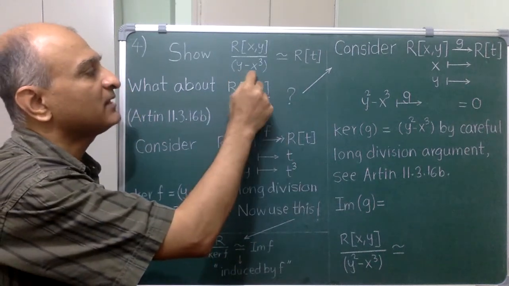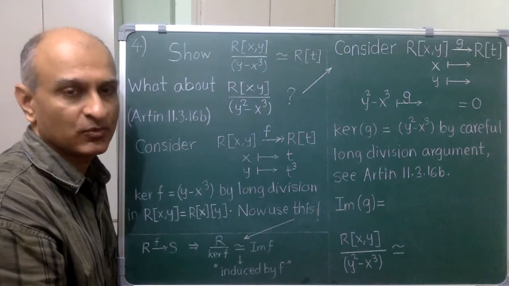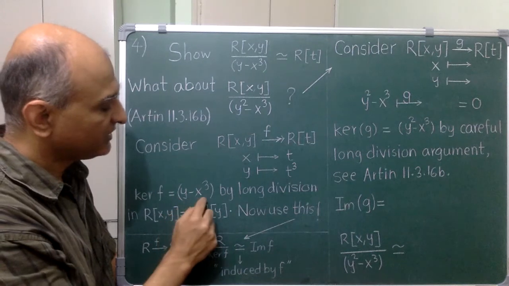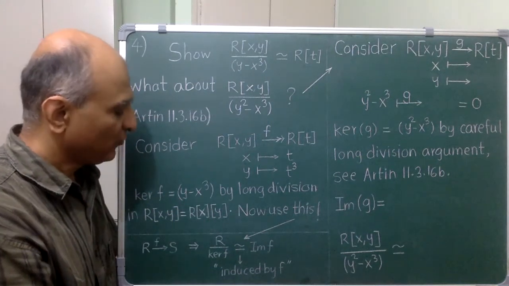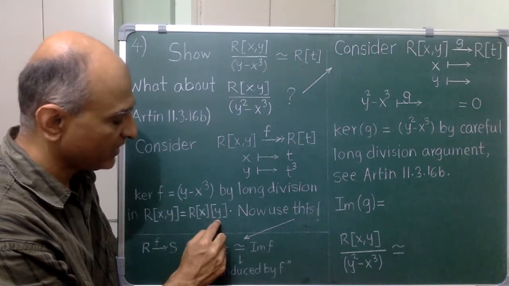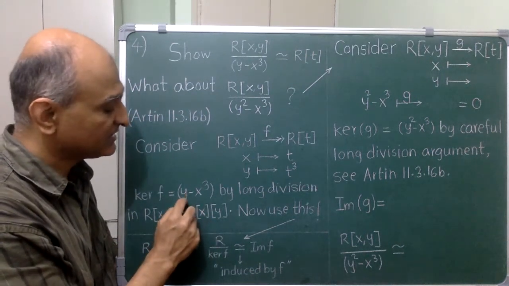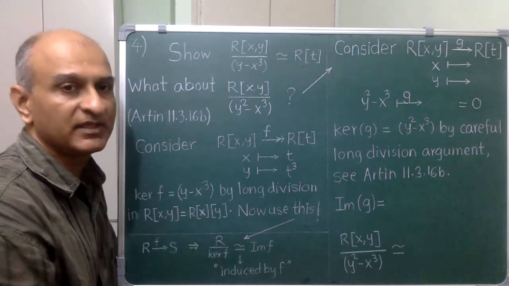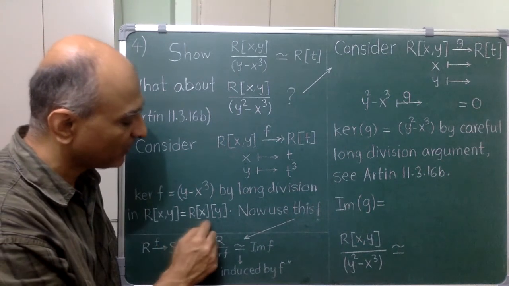Then y minus x cube goes to t cube minus t cube, which is 0. I claim that in fact this polynomial generates the entire kernel, and I will show this using long division. For that, I regard this as a polynomial in the single variable y with coefficients that are polynomials in x. Then this is a linear polynomial. Therefore, dividing by it will give me a constant remainder, which means a remainder that is only a polynomial in